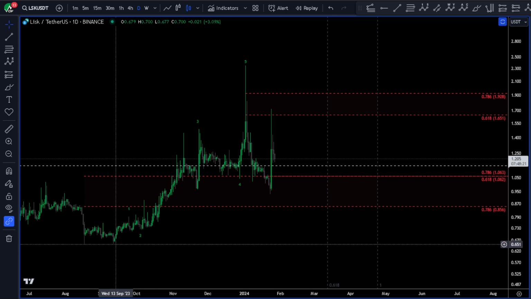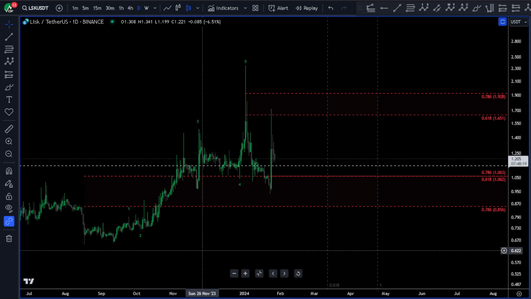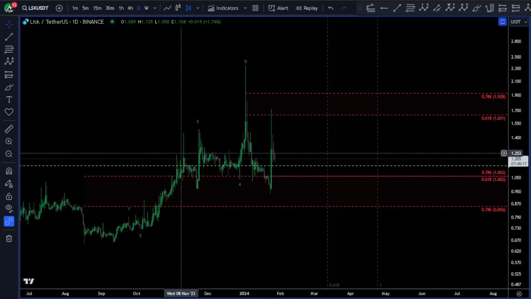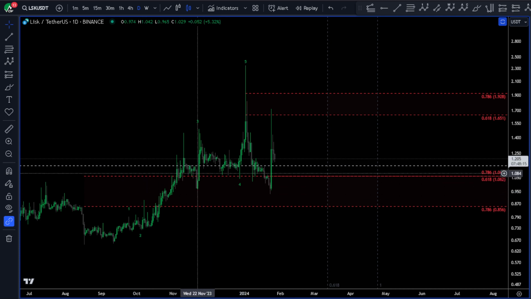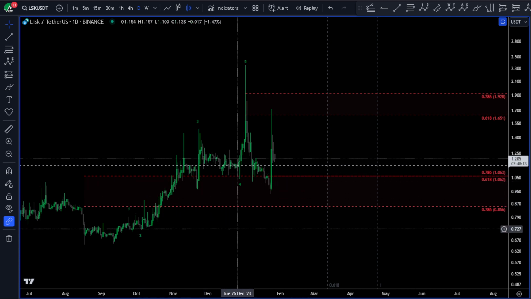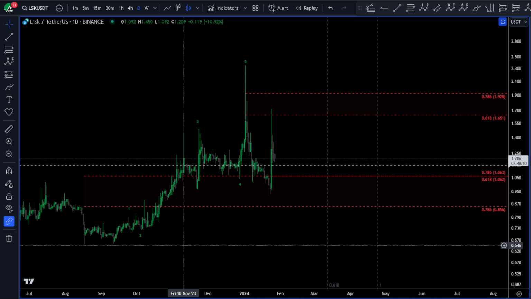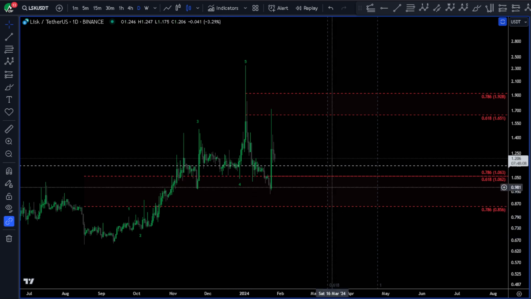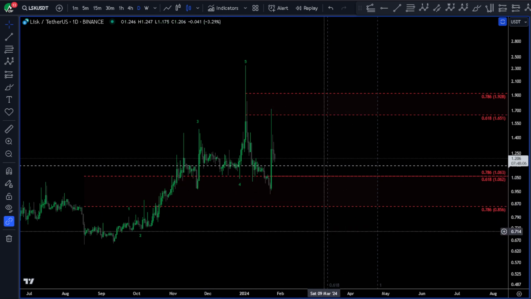This is on the daily. I have a 5-wave move to the upside. You can see a lot of spikes. There's clearly not a lot of liquidity in this coin because of all the price action you can see. But I wanted to focus in on this area. One thing to notice,